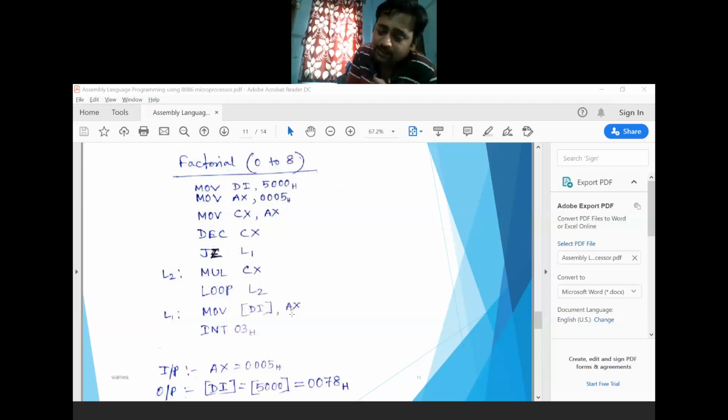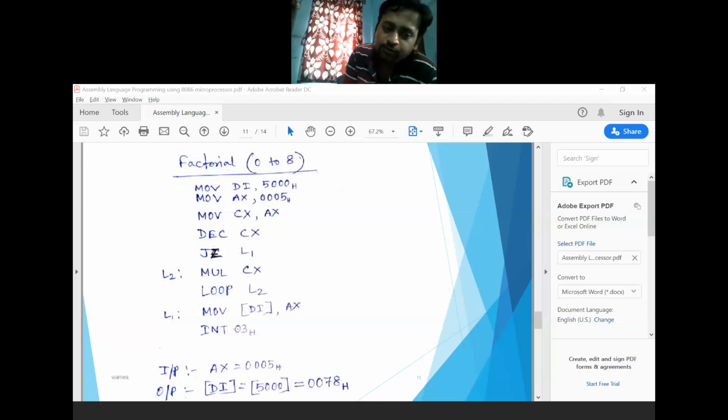What is stored inside the AX register, the lower 16-bit, will be stored inside the DI register location. If you would like to store the upper 16-bit, then you have to increment DI by 2 memory locations, or simply ADD DI, 0002.